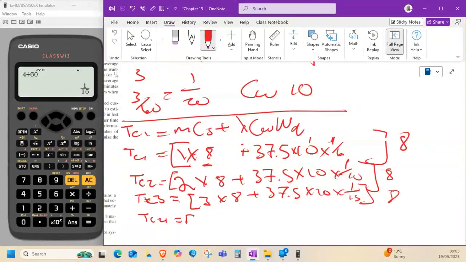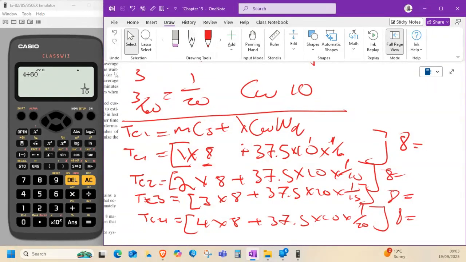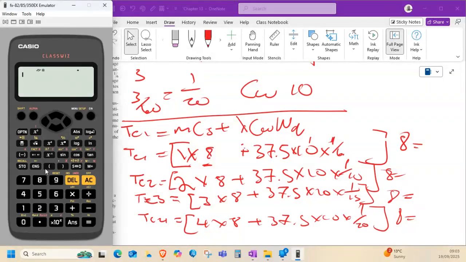times 8, and then the last one will be 4 times 8 plus 37.5 times 10 times 1 over 20. Everything else times 8 equals, and then now we start with typing your answers. Now we have 8 times, well, actually 8 plus 8 plus